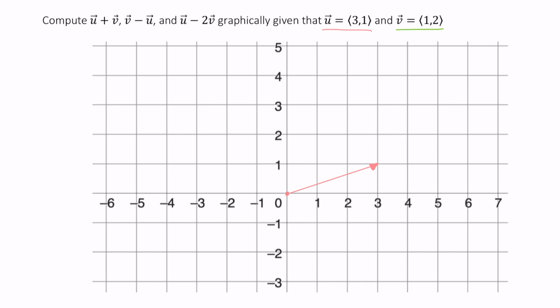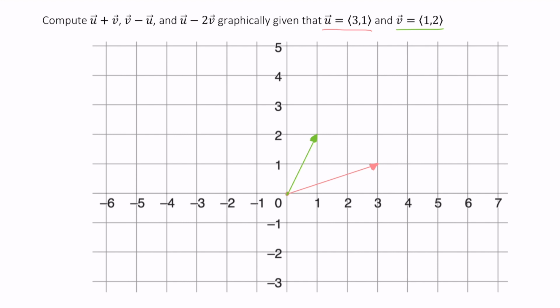And now let's go ahead and sketch v, which again has its tail at 0, 0, and its arrowhead, its tip, at 1, 2. And let's see if I can do better with this arrowhead. I should probably wait to sketch them until after I've sketched the line. There it is. That one actually was a bit better. There we are. So now to do u plus v,